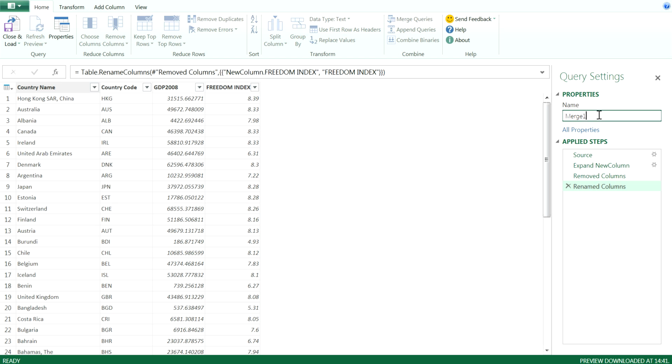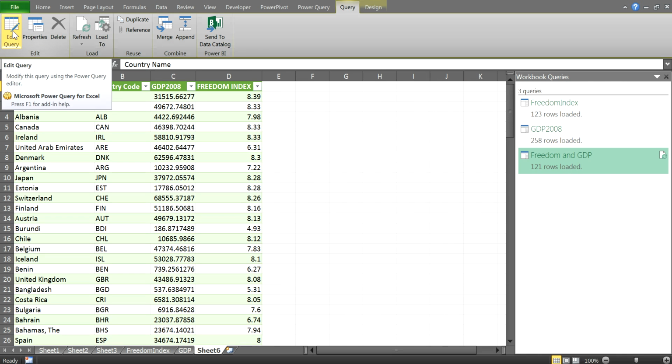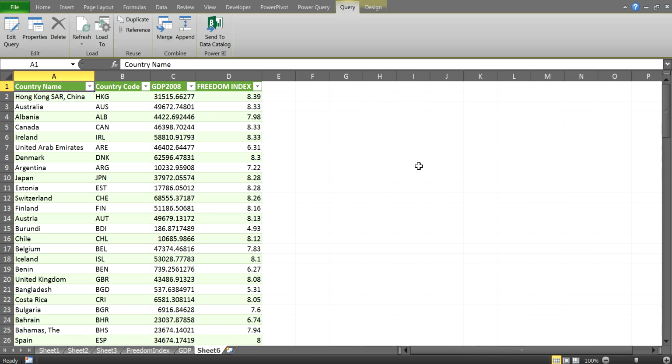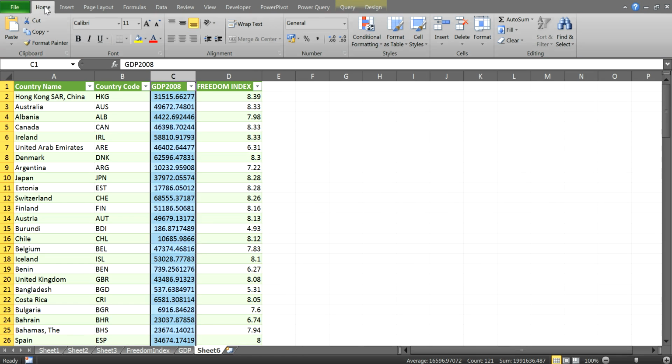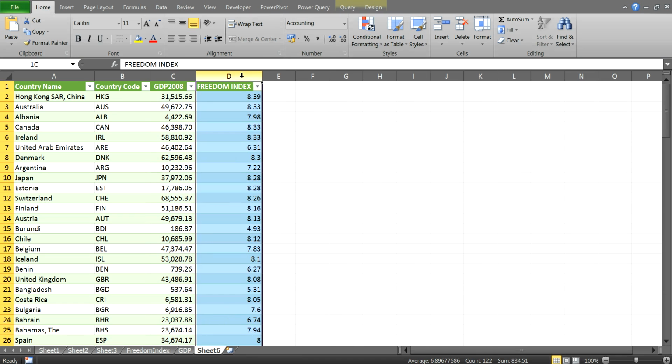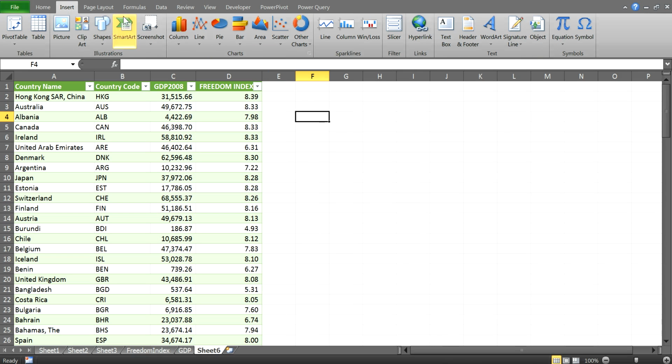I'm going to rename the query freedom and GDP. So we can close and load. Now we can do a chart so that we can see what the relationship looks like. So we go to Insert, Scatter,